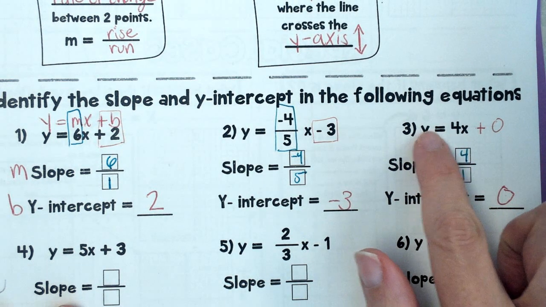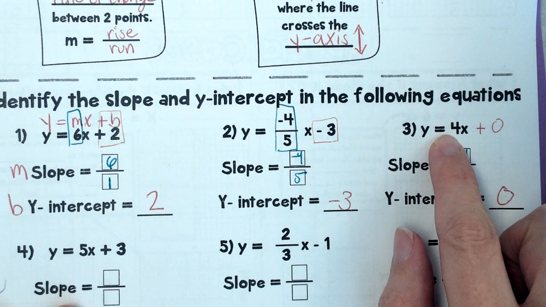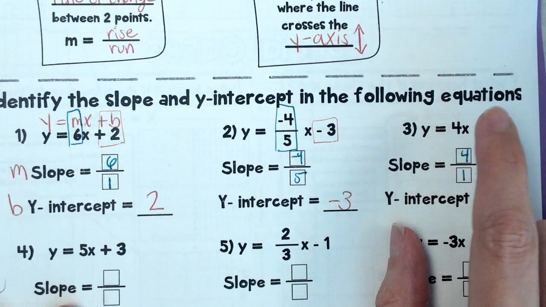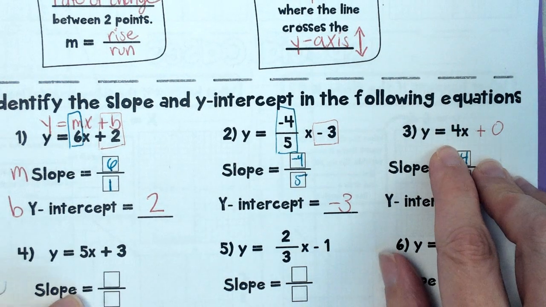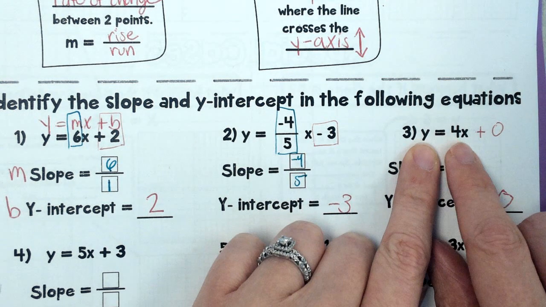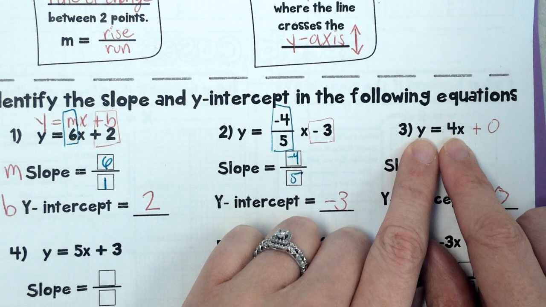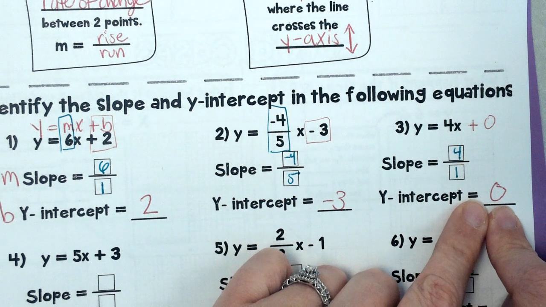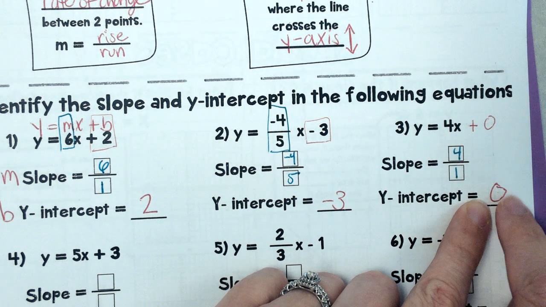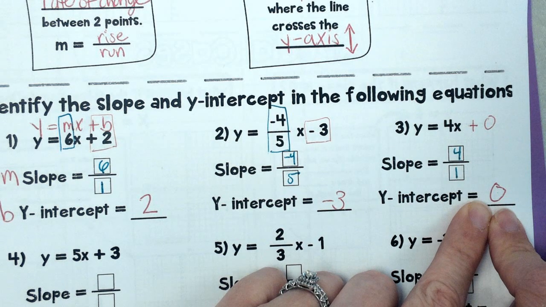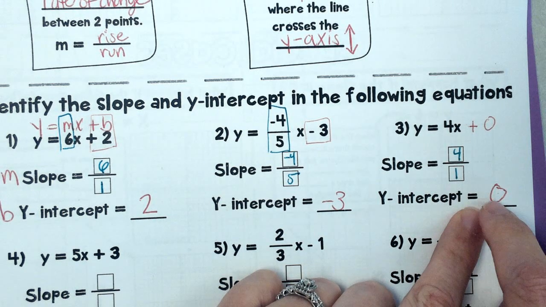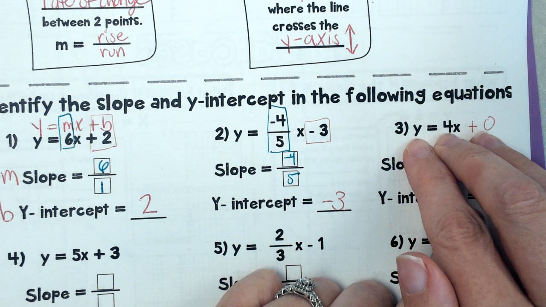Was this y equals 4x? Was that in direct variation form? Yeah, it was in y equals kx form. So please, please listen to this. If it was in y equals kx form, we knew it was going to be a straight line through 0, 0. We knew it was going to be starting at 0, at the origin. So the only time my y-intercept goes through 0, 0 is actually when it's in a direct variation form